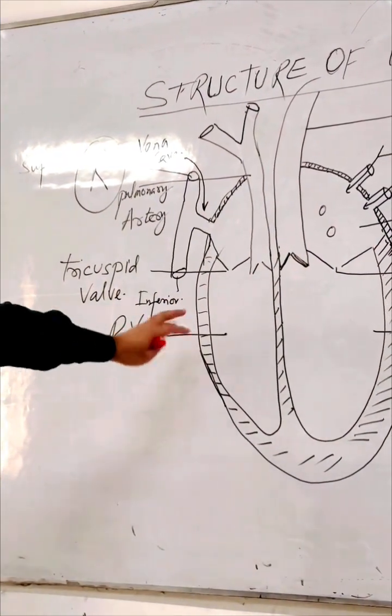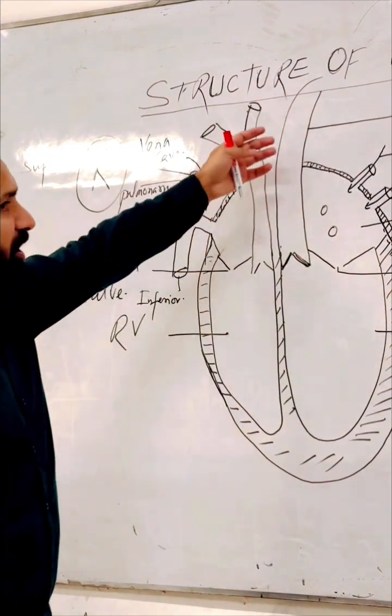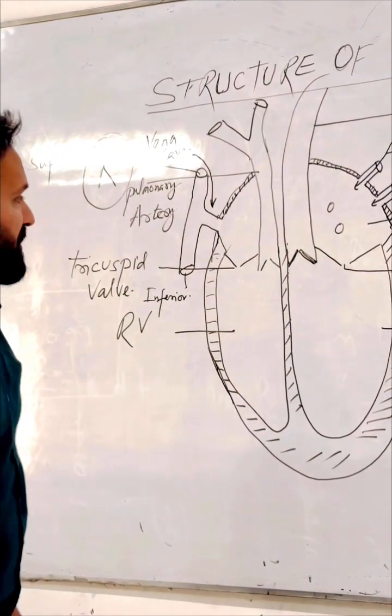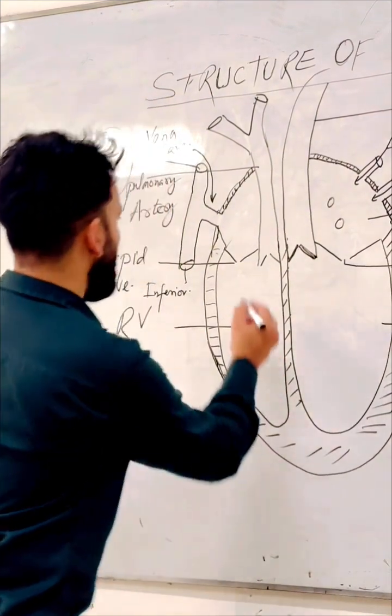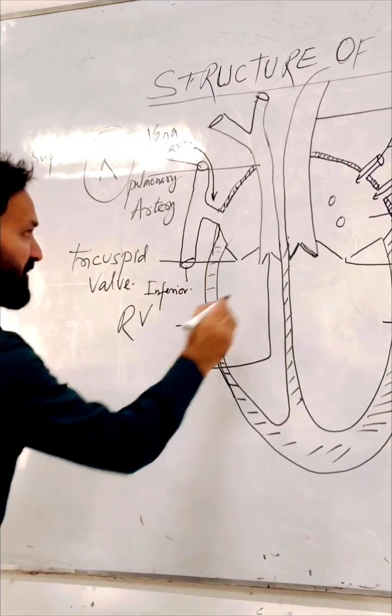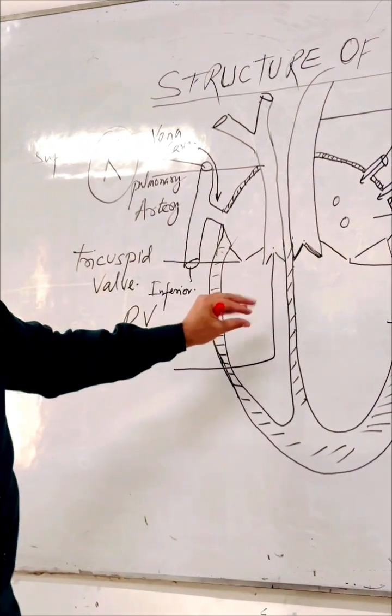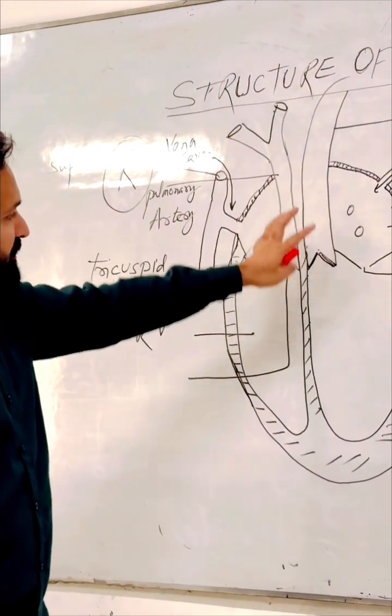Now, this is the structure of the heart along with the major chambers and the major blood vessels, right? Now we'll try to study the blood flow, okay? Now this valve here, this valve and this valve, which prevents the flow of the blood from these major blood vessels back into the